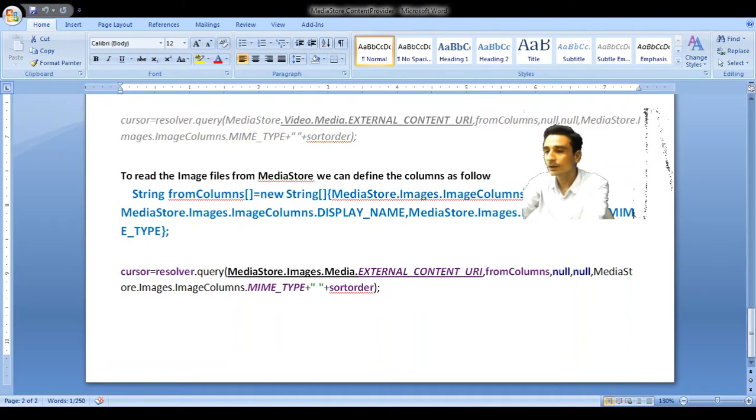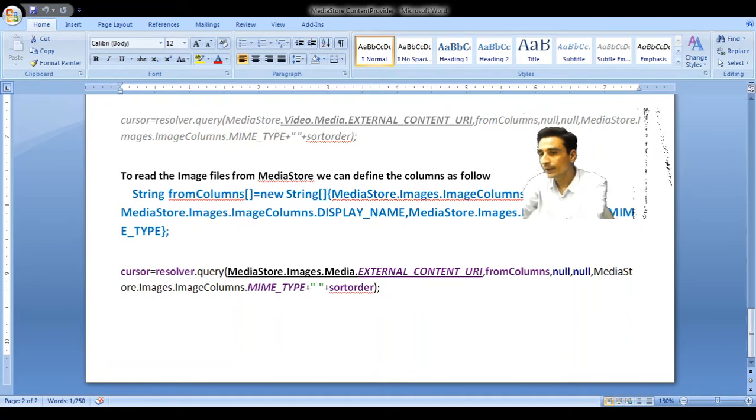MediaStore.Images.Media.EXTERNAL_CONTENT_URI. Which columns do we want to retrieve?